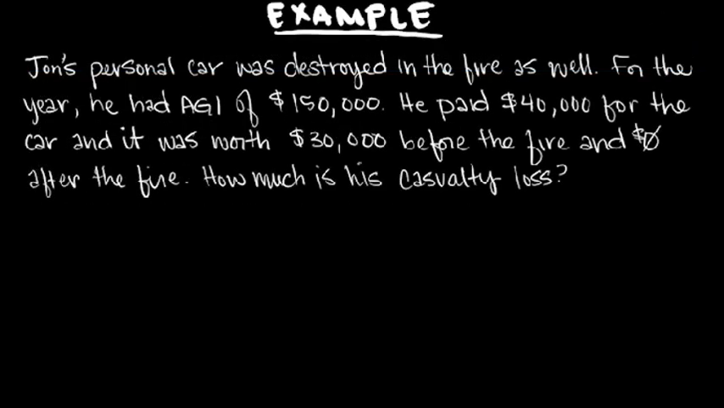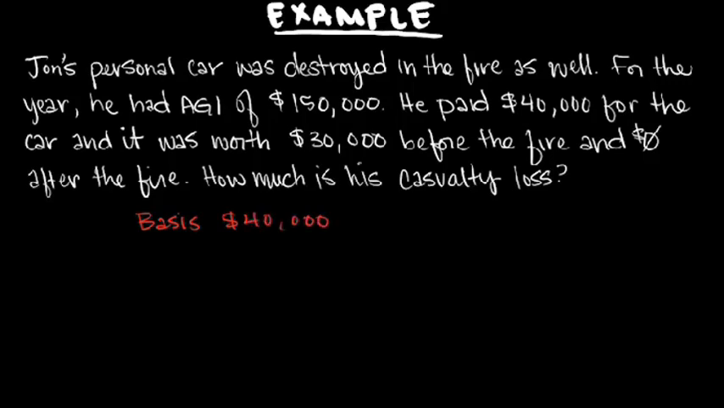John's personal car was destroyed in the fire as well. For the year, he had adjusted gross income of $150,000. He paid $40,000 for the car, and it was worth $30,000 before the fire and $0 after the fire. How much is his casualty loss? So what we do know with personal casualty losses is that whether it's a complete destruction or a partial destruction, we use the same rule. And that is that we take the lesser of basis, which in this instance is